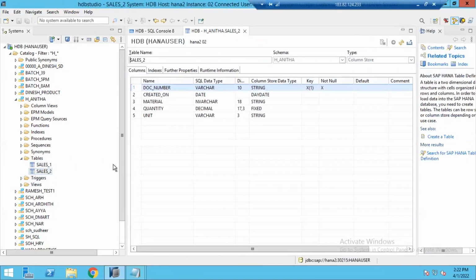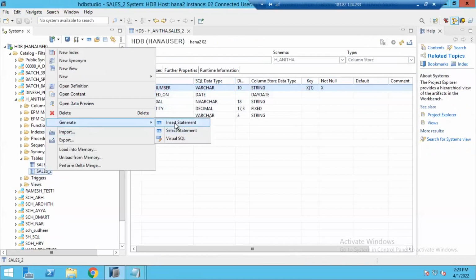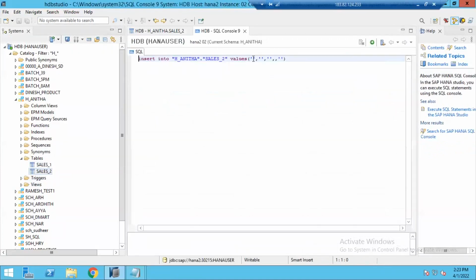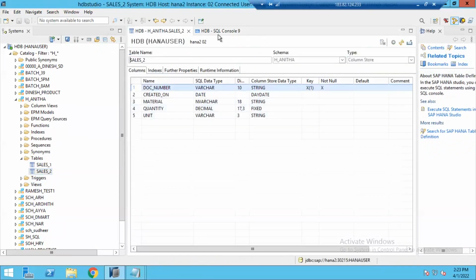If I double click on sales, this is my definition. All the string type values must be provided under single quotes. That's why wherever you have string type, you are seeing quotes. The date also must be provided in single quotes. String also we need to provide in single quotes. Date also we must provide in single quotes. Decimal also we have to provide under single quotes only. When we talk about integers and boolean, you can give them as they are, without any single quotes.